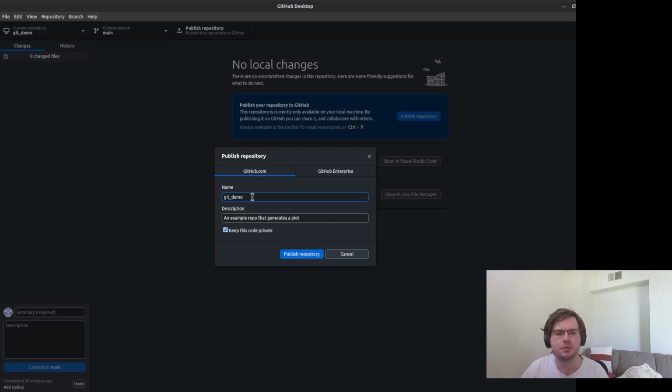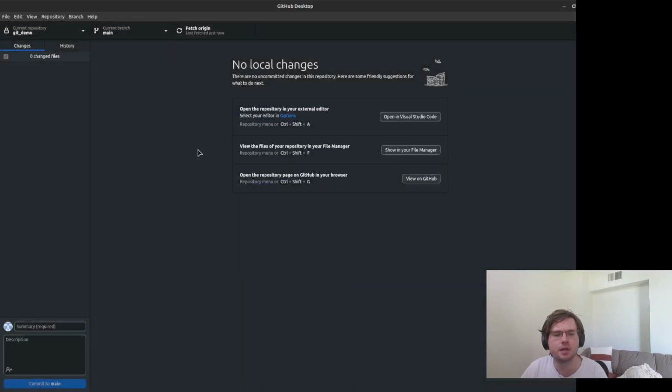So in this case, it prompts you again for the name and the description. This is just something that's going to go into the github.com setup. You can also choose to keep this code private or not, but this is something you can also change on github.com in the future. So for now, I'm just going to select it to be private because that's the safer option in the interim, but I can open it up later. As you can see right now, it's pushing everything up.